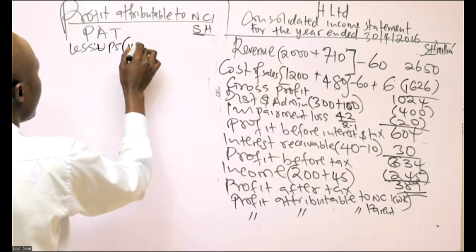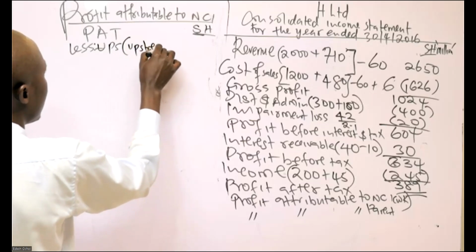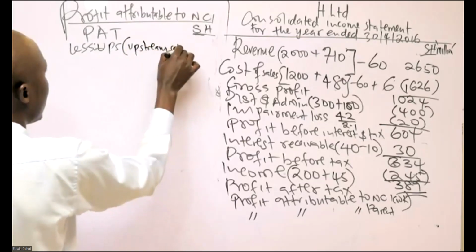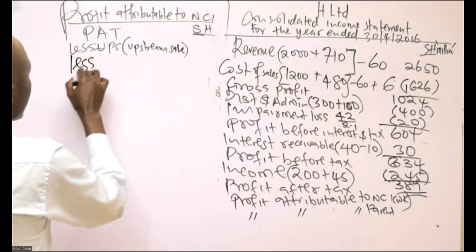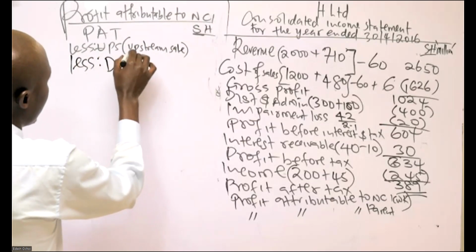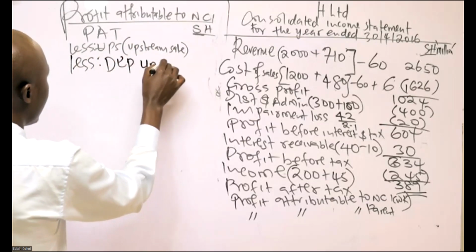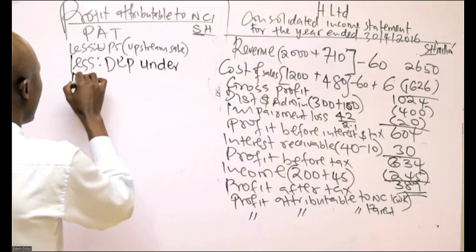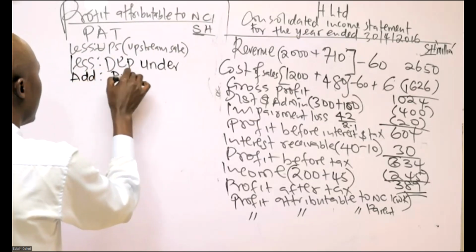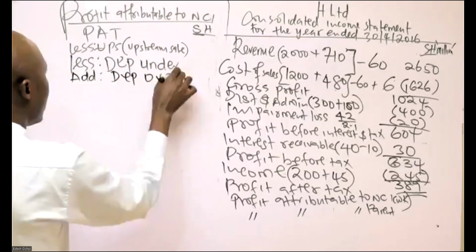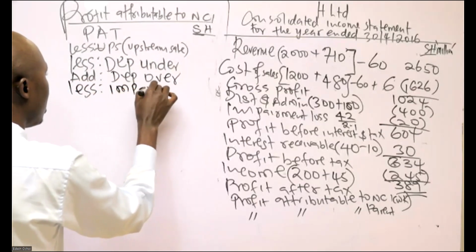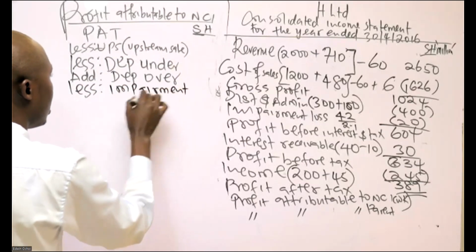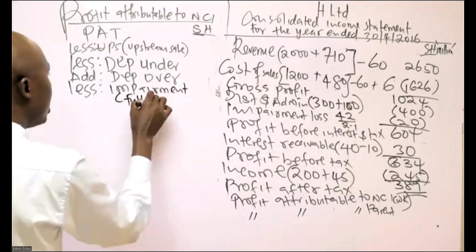But only if there was upstream sale. We raise depreciation under, we add over. We raise impairment. But if we use the full method in goodwill,